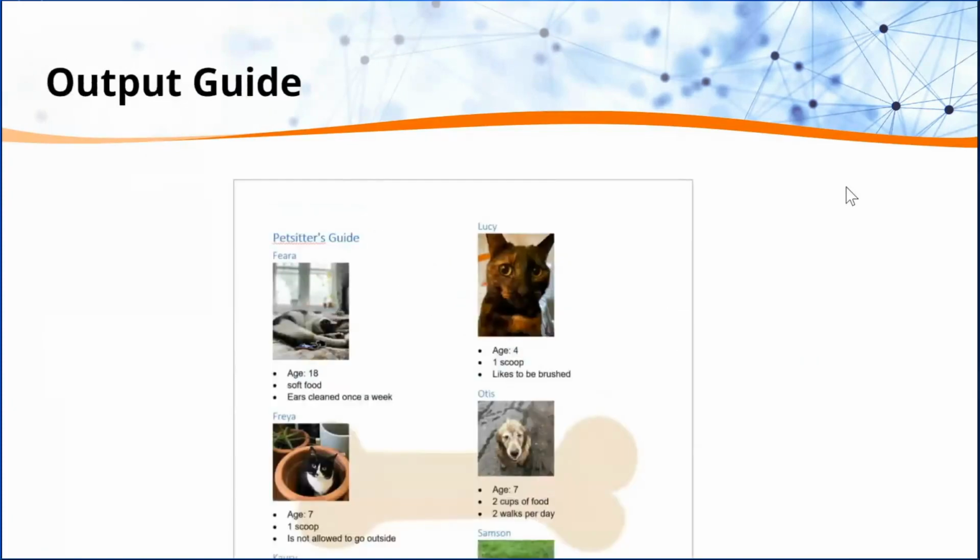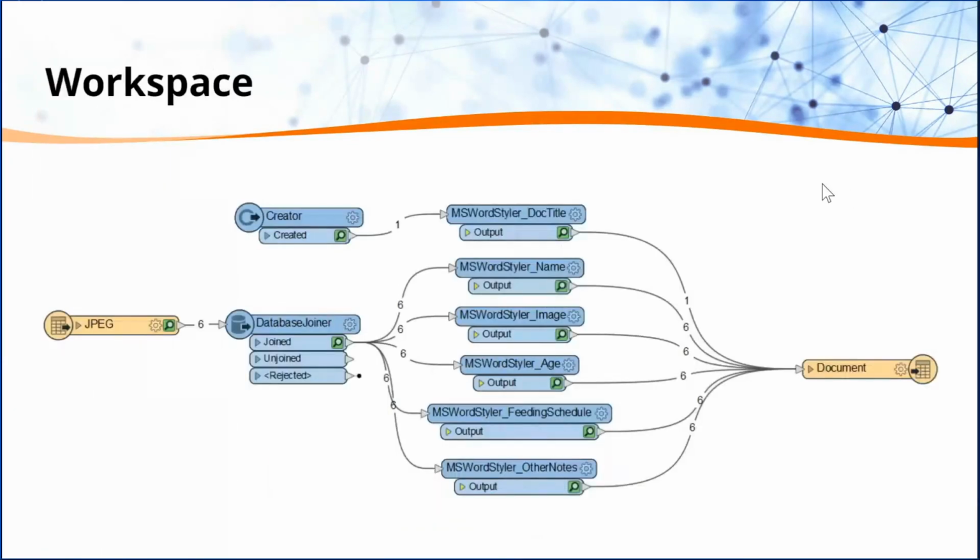Right. And Sean is asking, the input to the Word document is ordered after the heading by top to bottom. And I think Kailin will get into this, but order, yes. I'm reminded of the British speaker in the House of Commons, order, order, order. Order is so important in these cases. And that's exactly right. So the title, the creator fires first, spits out the title. As we read each JPEG one by one, it goes to the database joiner, and then it splits into basically 6 pieces there, and